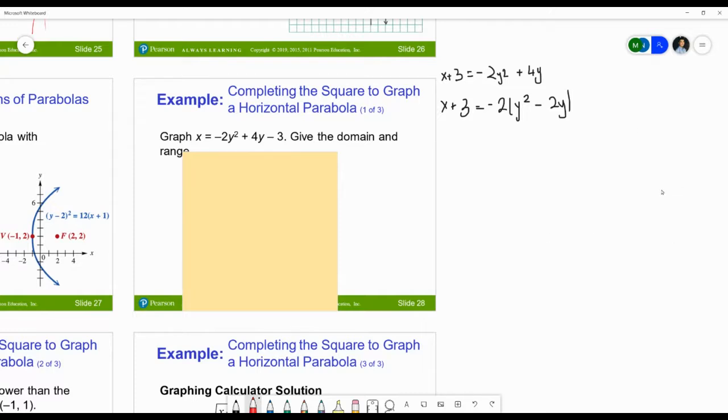Okay, that's fine. All right, so what you did is you took out -2. So now you need to complete the square. You need to take this b value right here. You can take half of that, and then you're going to square it. So if you take half of that, you're going to have -2 divided by 2. It's going to be -1, and you're going to square it, so you get +1. So what you need to do with this +1 is to multiply with this number outside, and then whatever that number is,